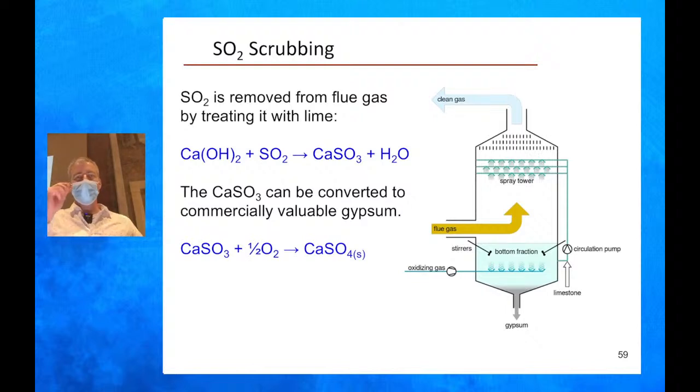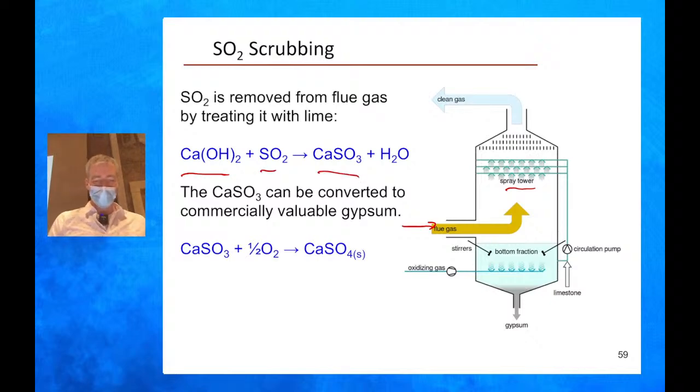What you do is you take that gas and you run it through something called a scrubber. Basically, this looks like a container. You can see there's a spray tower there, and there are nozzles that produce a mist. And the liquid that's being sprayed is a mixture of calcium hydroxide and water. Calcium hydroxide and water will react with the SO2 in the gas to make CaSO3 and water,